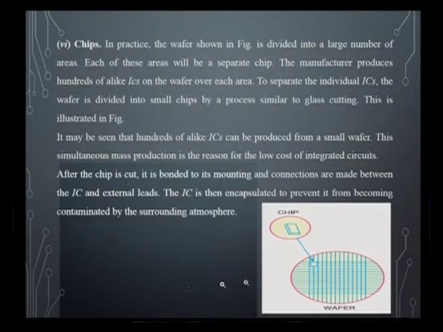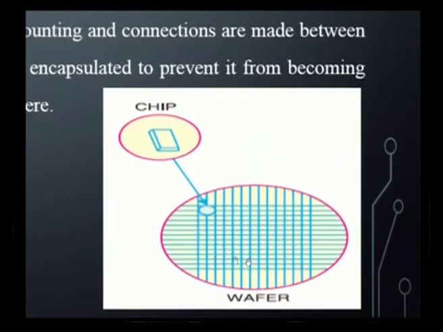The last thing is chips. After production of components and etching, the chips will be formed, and from the figure we can observe how the chips are formed. This is the entire wafer, the silicon substrate. After the production of components, this wafer will have small rectangular boxes. Each rectangular box is called an individual chip, and each chip will have integrated circuits. Whichever circuits we need to fabricate will be fabricated on individual chips.